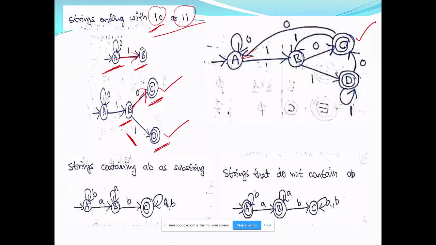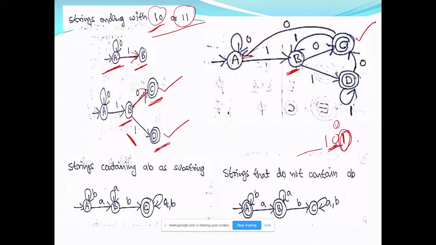If it is 1, then if 1 0 something is here and you are in C, suppose you add one more 1. What happens? You see, you have to remember only this. This is not required for me. So I am going to B. B is for remembering that it ends with 1. So I am coming to 1. Now I am switching back to D. Those are the two input symbols that are possible for me. One is 0 and one is 1.